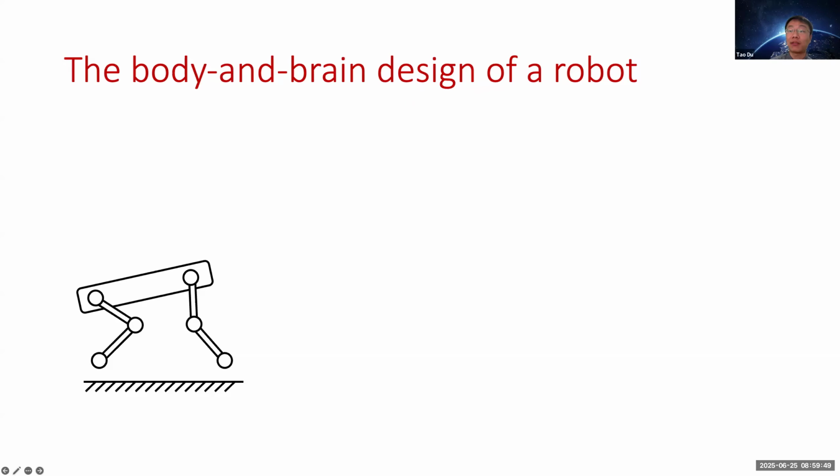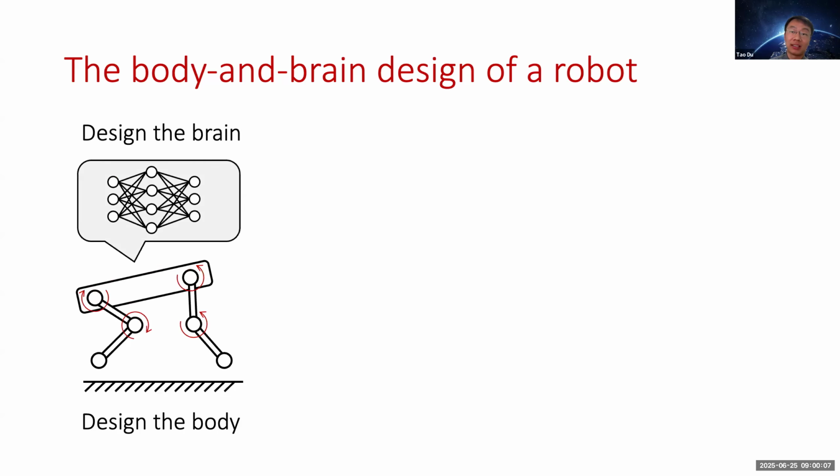There are two main factors that affect its performance in downstream applications. One thing is its body design, which mostly refers to its hardware, for example, the size of its leg and the distance between its joints. And the second factor is its brain, which takes observations from its surrounding environment as input and generates action signals